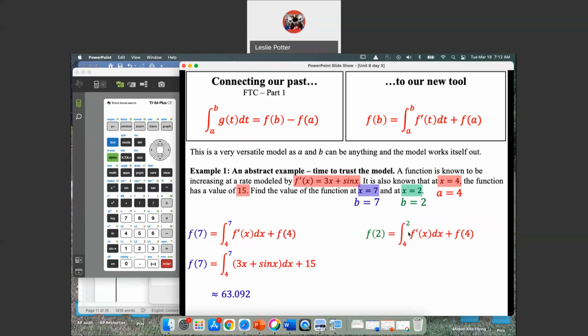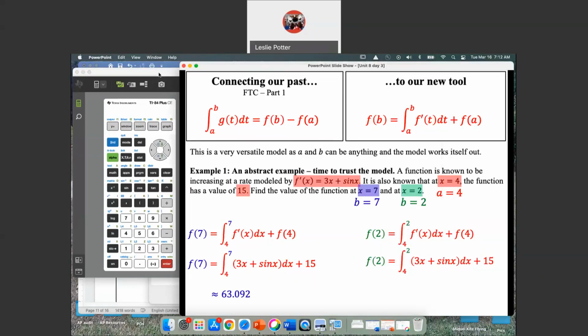If we set up this, notice that our limits are flipped, and that's okay. It'll take care of it. We have this function here. It's not tied to any context. We don't know what this represents, but we can handle the limits of integration being flipped like this. So we're going to go ahead and substitute everything in. So we have the integrand here, the derivative, 3x plus sin x, and then we have the starting value of